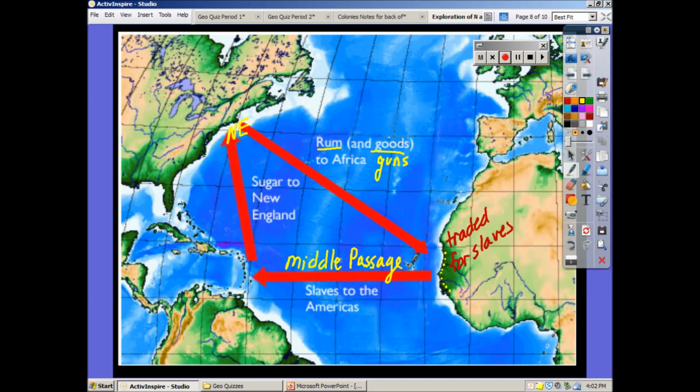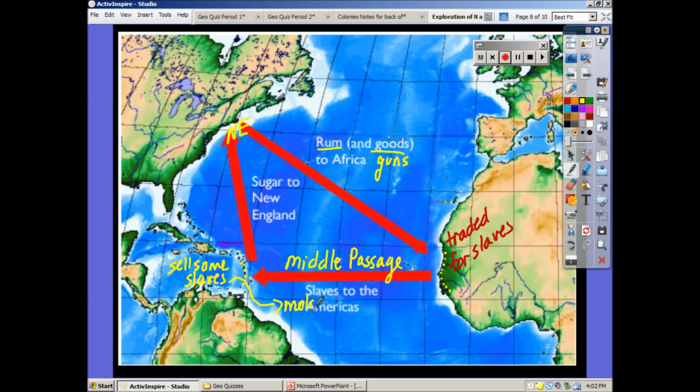At the end of this trip, they're going to stop in the West Indies. And these little islands off the coast here of South America, at the edge of the Caribbean Sea, are filled with sugar plantations. And so the Spanish continue to operate those sugar plantations, and the result is they need slave labor. At these sugar plantations, the slave traders will sell some slaves. They're not going to sell all the slaves. But what they're going to pick up is they're going to trade them for molasses.